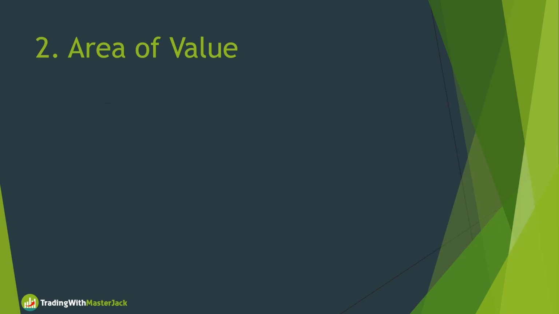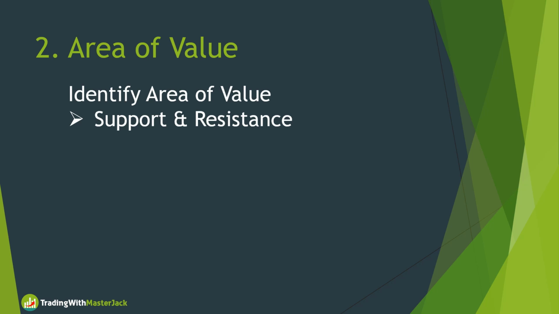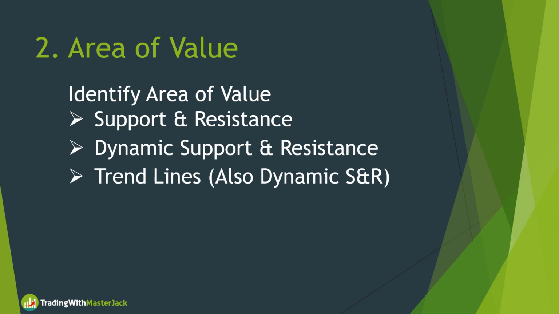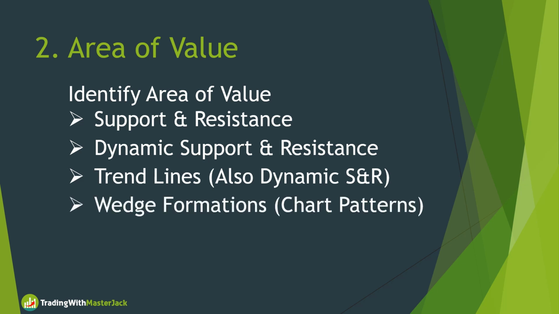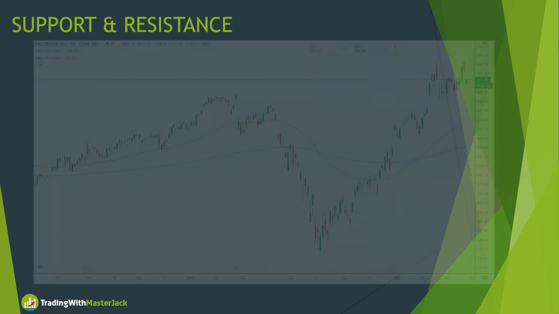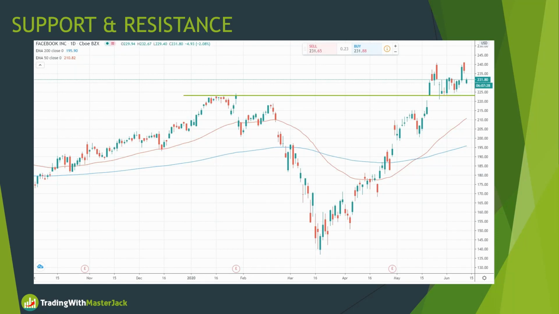Number 2, area of value. You got to identify the area of value. This can be along support and resistance, or along dynamic support and resistance lines, or on trend lines, which also act as dynamic support and resistance. And then we're going to be dealing with wedge formations, ascending and descending triangle formations, which are all classic chart patterns. Starting with support and resistance, you'll see over here you got to plot a support line,